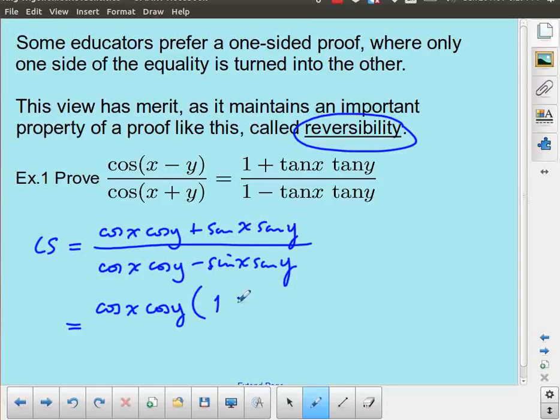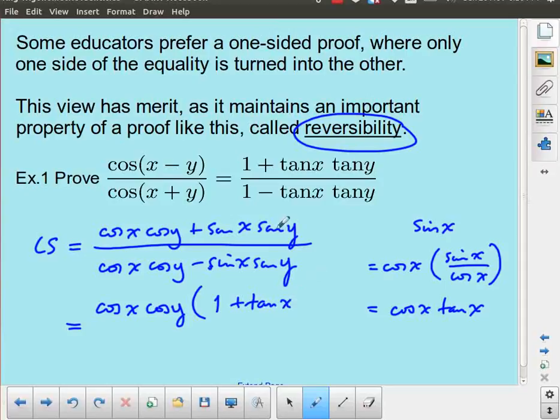When I factor out a cos x cos y from here, it's like I've divided by cos x cos y. So if I have sine x and I factor out a cos x, that's the same as sine x over cos x. But I can go straight to writing this as tan x. So I'm going to factor out a cos x from here, turning that into a tan x, and factor out a cos y from here, turning that into a tan y. You know what, rather than taking that shortcut approach, let's write it out the long way,